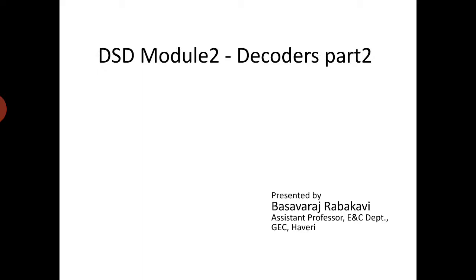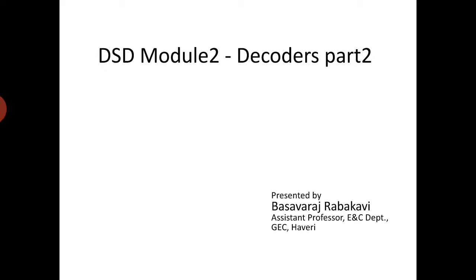Usually decoders are used as address decoders. We have also seen in the previous classes what the use is in real time, how we can use the decoders. Now after seeing what a decoder is and the types of decoders, that is 2 to 4 decoder and 3 to 8 decoder, and how to construct a 4 to 16 by using 3 to 8 decoders, all those things.